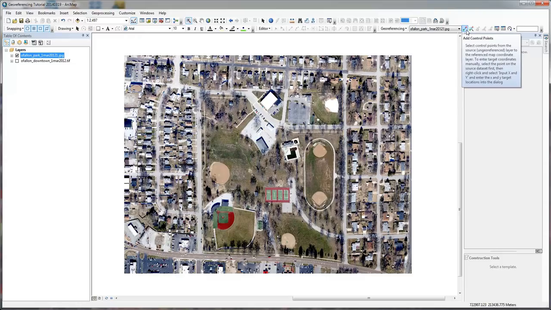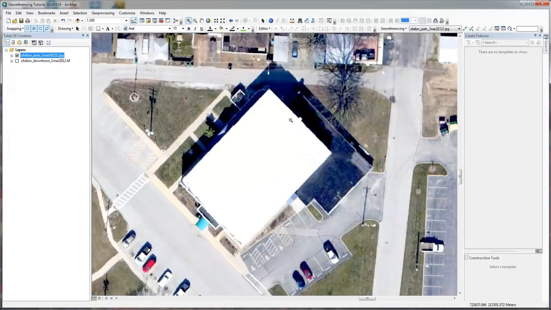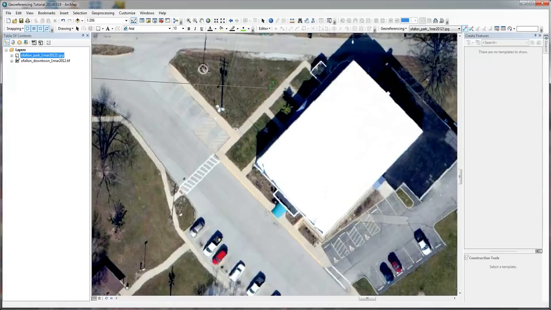So here's what we're going to do. We click on the Add Control Points tool, and we go over to a distinct point on the O'Fallon Park image, and I'm going to zoom in to a distinct point, which is this corner of the Katie Cavens Community Center. And I know I can find this corner of the building on both images, so I'm going to click on it here on the O'Fallon Park image,